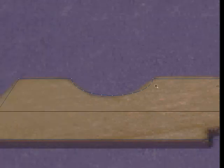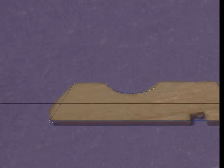Okay, so I'm just going to delete these points. I used those points more as kind of like a placeholder for where I wanted the newer points to be. Okay, so now I've got that curve. I'm going to wait on this and this for right now, and let's come over here and let's try that again. I'm going to go over to the disk tool,